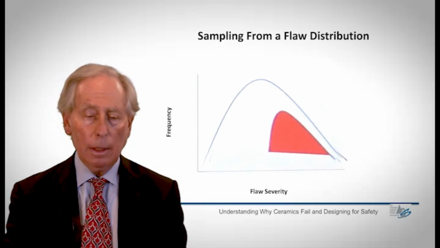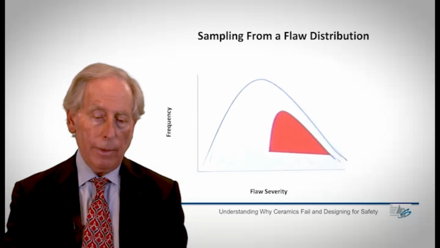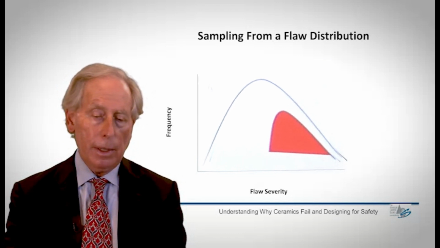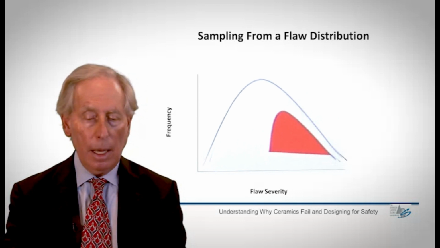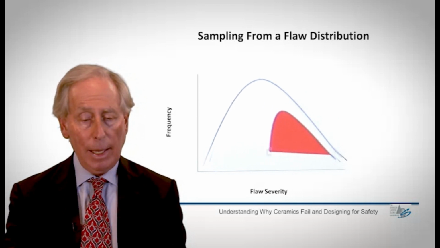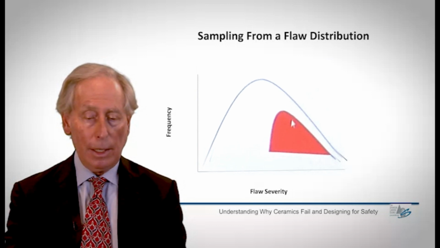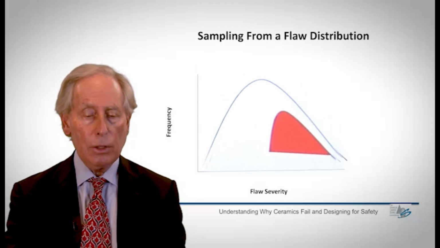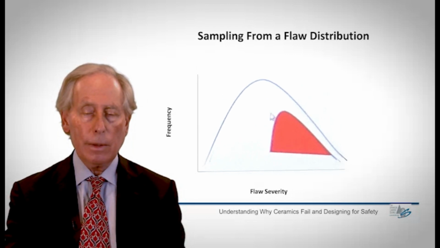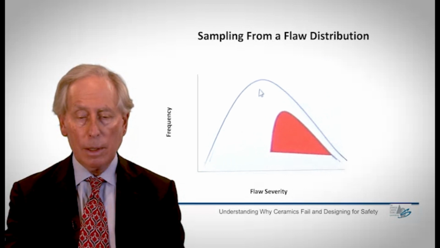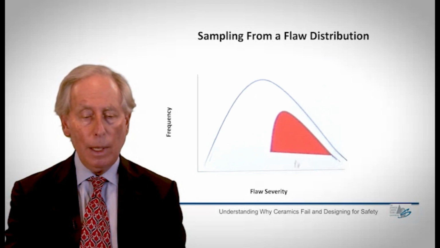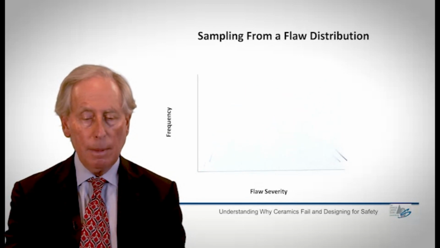Schematically, what I'm really doing is, if I'm looking at the frequency of failure on the ordinate here as a function of flaw severity, I'm taking, if I look at simply the section in red, a very small section of flaw severities out of a much larger section of potential flaw severities that might exist in my components. And hopefully by doing this set of measurements, I predict what happens out here. That's what I want to run through in the next few slides.